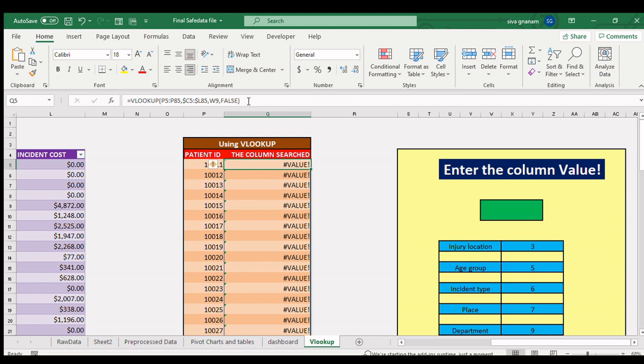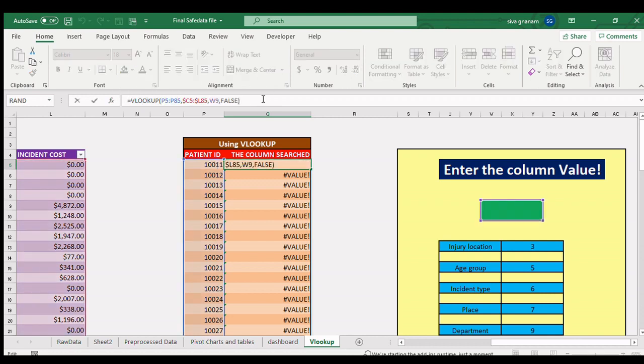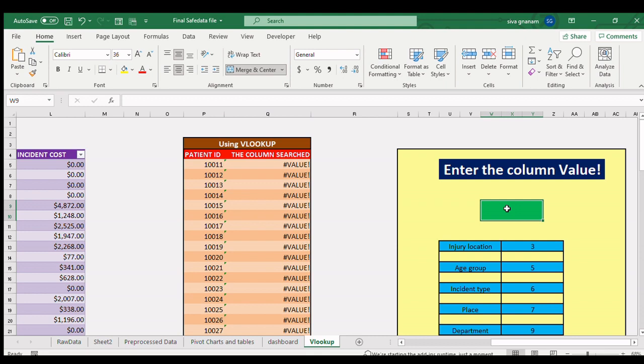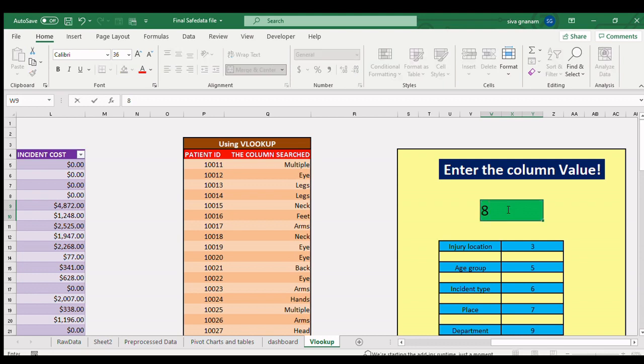In the column searched, we are using the VLOOKUP formula and we are getting the input from the user on which column is to be searched. The desired column will be displayed in the small table, and this is how VLOOKUP is used.